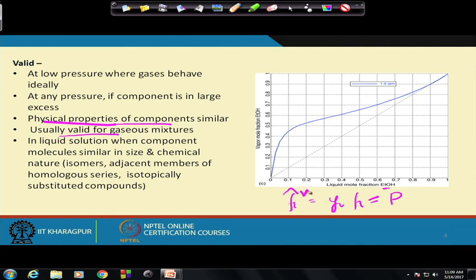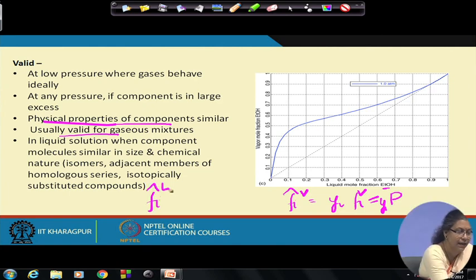So, therefore, if it is a pure component vapor, then we know that this particular FiV is nothing but equal to the total pressure of the system. What about the liquid composition? In the liquid phase we have this FiL, which is going to be equal to